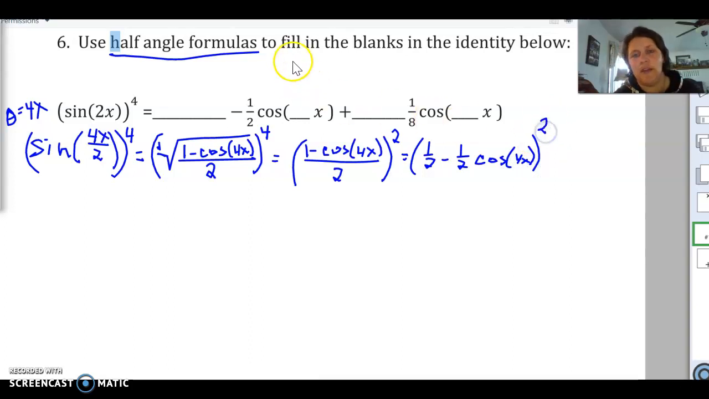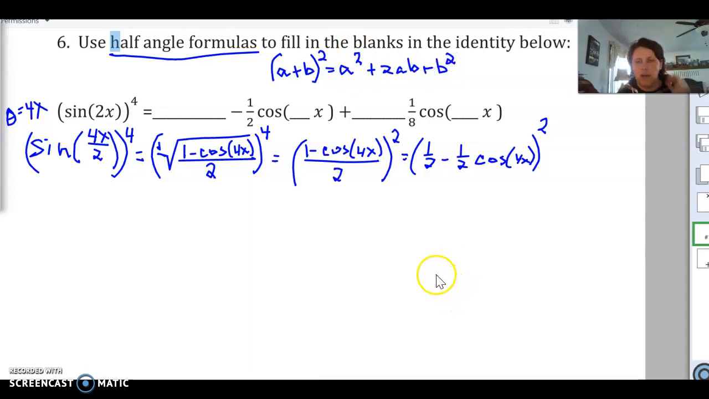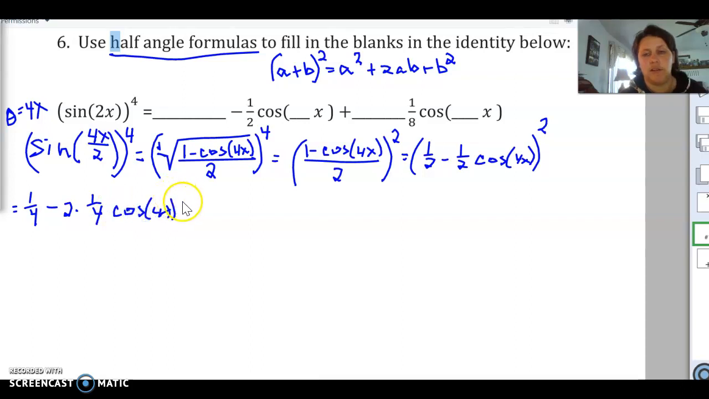and then all squared. When I square this, I'm going to use my squaring a binomial formula, where we would have a squared plus 2ab plus b squared. So I'm going to go ahead and do that here so that I don't have to combine like terms in the end. So we're going to have 1/2 squared, which is 1/4, minus 2 times a times b, so 2 times 1/2 times 1/2 is 1/4, and then cosine of 4x, and then plus the last term squared, which is going to be 1/4